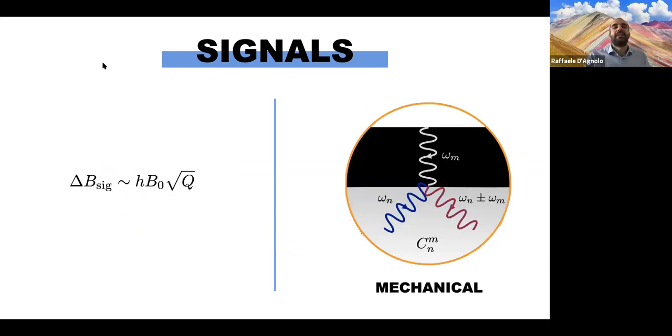Finally, the mechanical signal doesn't really have the suppression that I just described, because the wave is really exciting a resonance in the cavity that is at the same frequency as the wave. These mechanical resonances are not at the same frequency as the electromagnetic resonances of the cavity. They can also be at lower frequencies. So you do not necessarily need to pay this price. And this is why originally people focused on this signal.